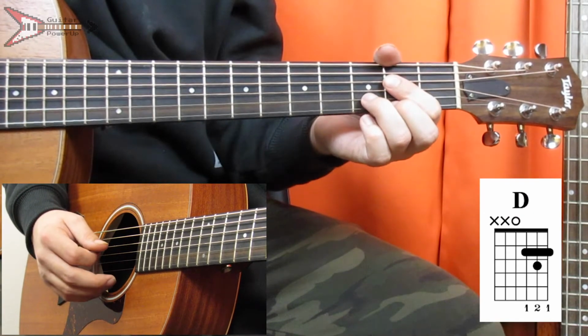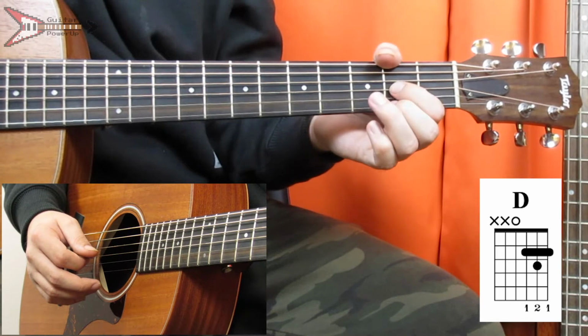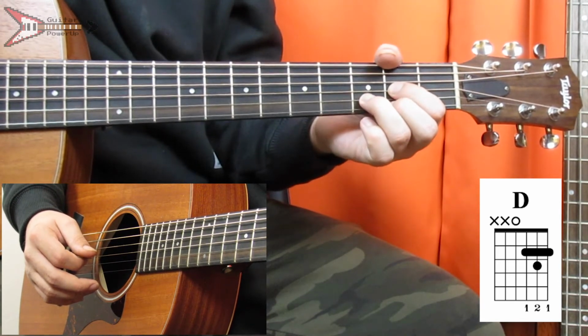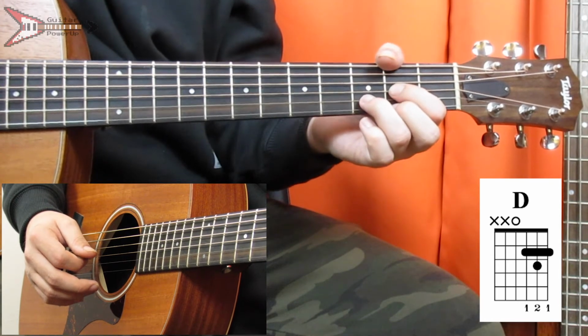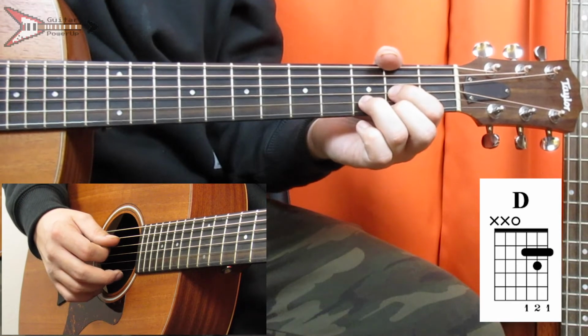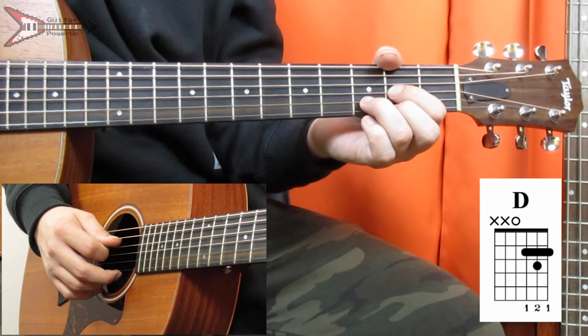Then we're going to go to a D major chord. So for this, you're going to place your pointer finger on the 2nd fret of the G string, your ring finger on the 3rd fret of the B string, and your middle finger on the 2nd fret of the high E string. And you're going to pick the open D string,